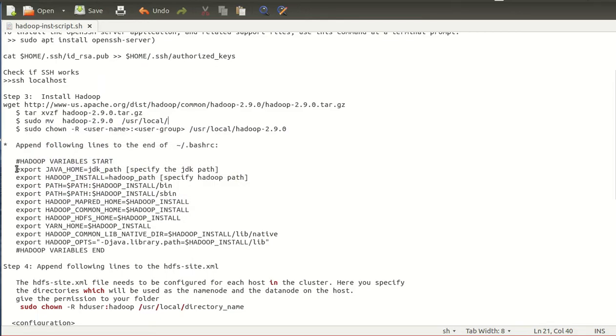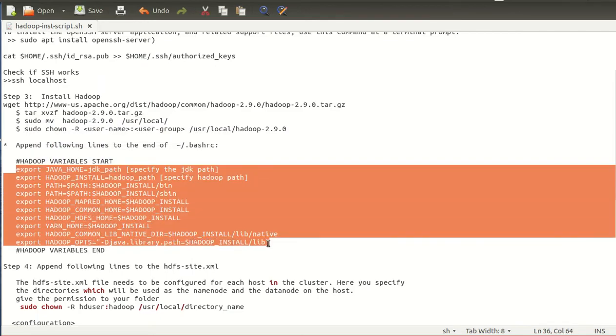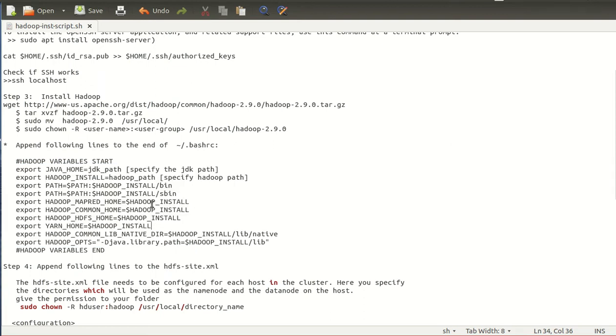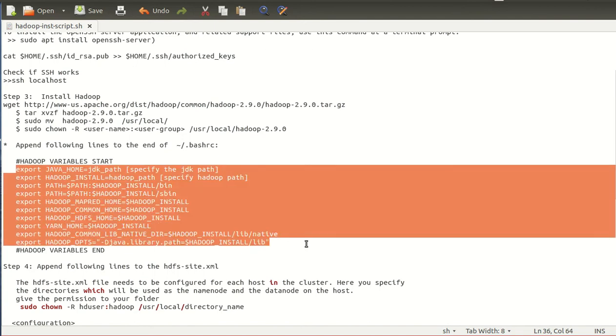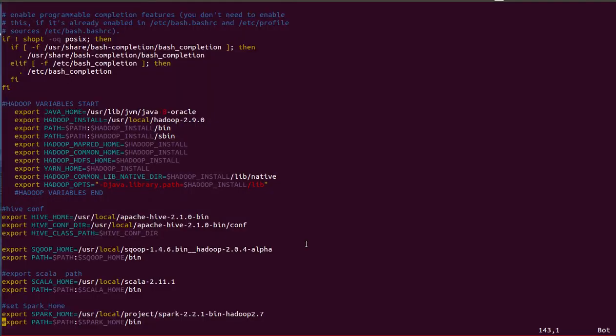Here you can see this. Just copy these lines and paste it in your bashrc file. First you need to mention your Java home path, then you need to mention the Hadoop path, then copy these lines and paste it in your bashrc file. As I have already copied this file, Java home,